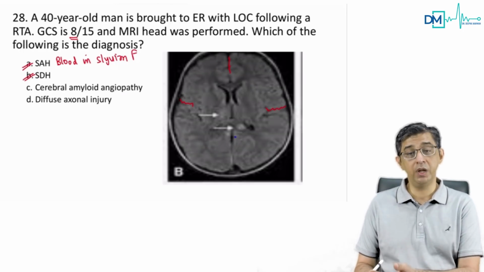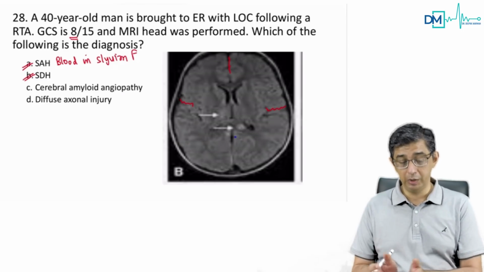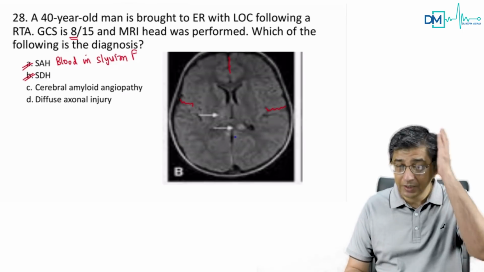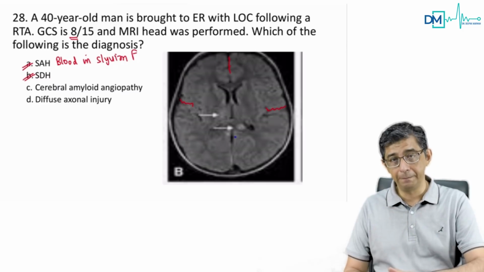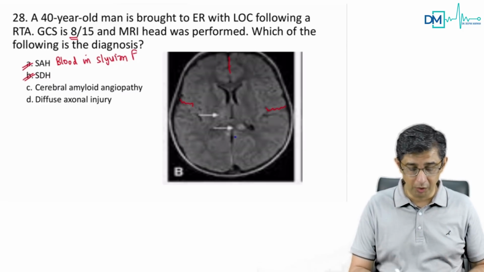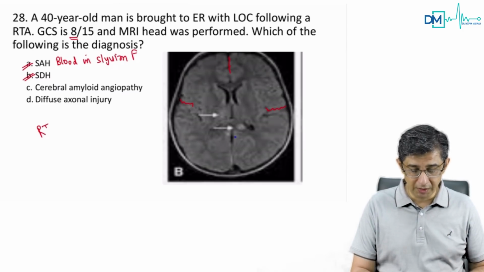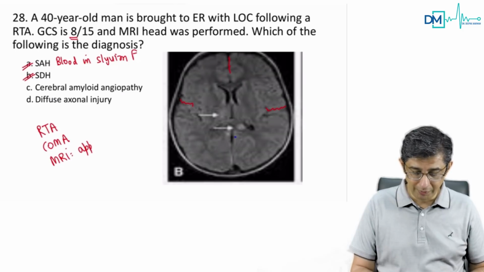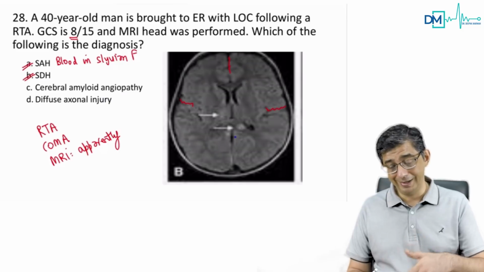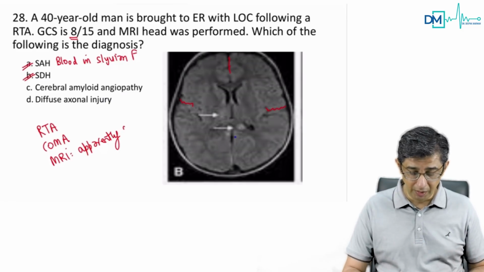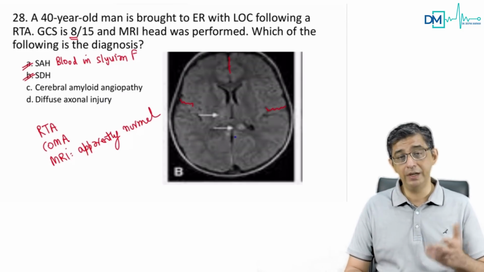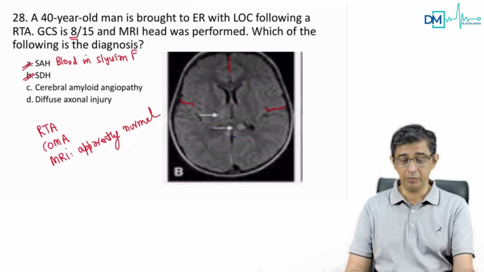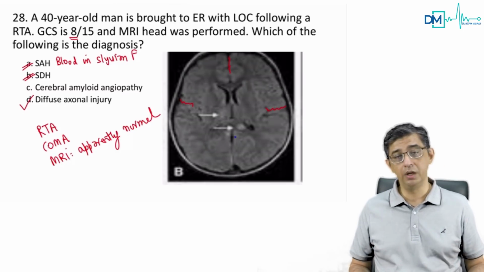Anytime you are having an MRI head with no gross findings visible, but the person is still in coma, road traffic accident, head injury, and no visible bleeding, the bottom line is there is a road traffic accident, the person is in coma, and the MRI of the person looks apparently normal. That's the point. Though some people pointed at some white spots which could be incidental calcifications, the MRI is not showing any gross bleed. It's not EDH, it is not SDH, it is not subarachnoid hemorrhage. That would be diffuse axonal injury.